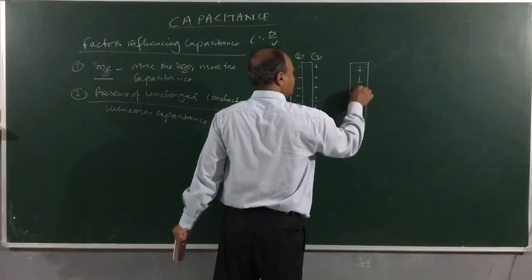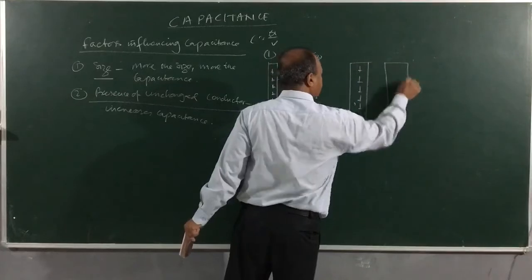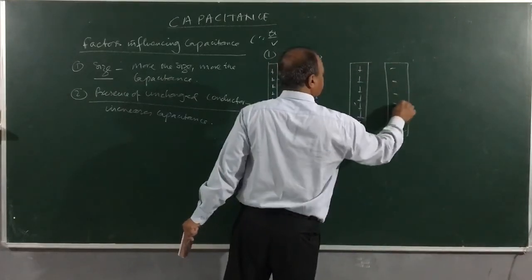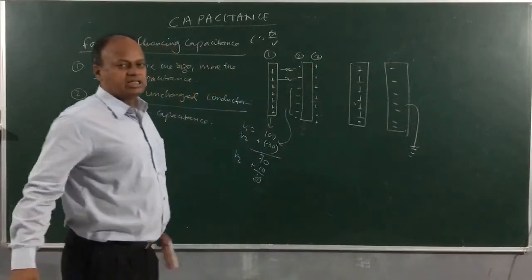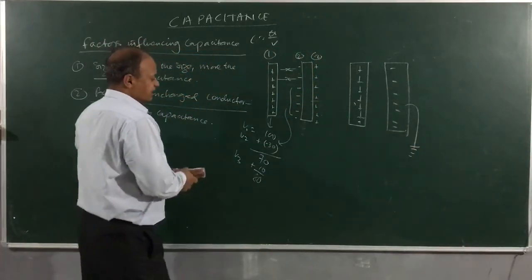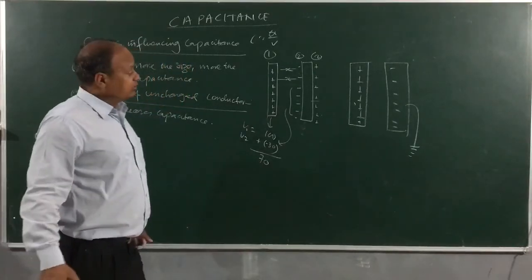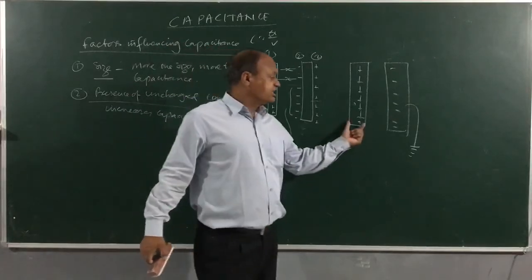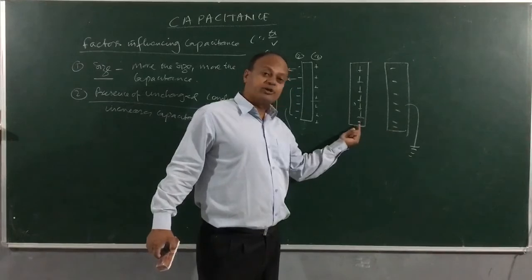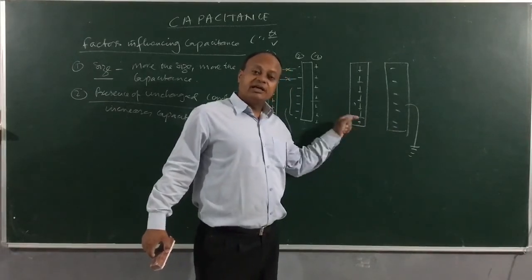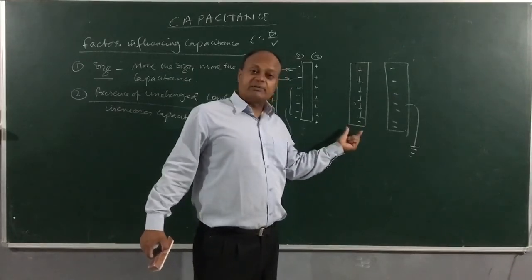This will become positively charged, and this conductor will become negatively charged. Because all the positive charges are what? Disappeared. And then what will be the potential? There will be no V3, there will be only V2. So, this is the best way to increase the capacitance of this charge, because these negative charges will reduce the potential of the conductor, hence its capacitance will increase. Actually, this is the actual reason why the capacitance is increasing.